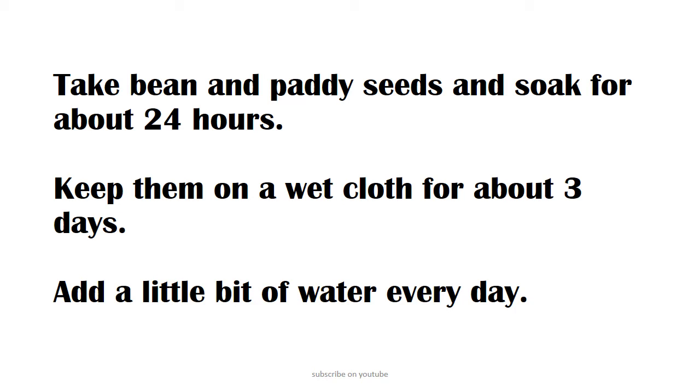Then bean seeds are about to break into two. Separate the seed lobes of one seed and observe them. Plant other seeds in a pot with wet soil. After a few days, you can observe two seed leaves, different from the other leaves, in the germinated bean seeds. They are called seed leaves.